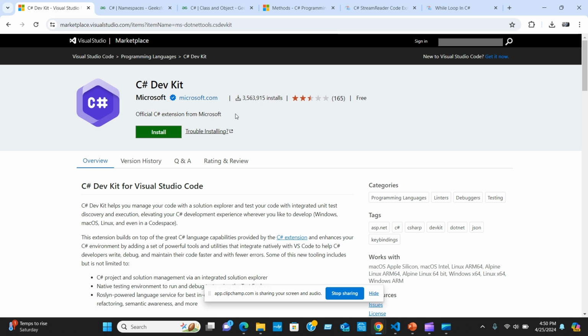All the links will be posted in the description. You should be able to grab it and quickly use it. It's available in the marketplace. Go ahead and install this toolkit. Once it is done,